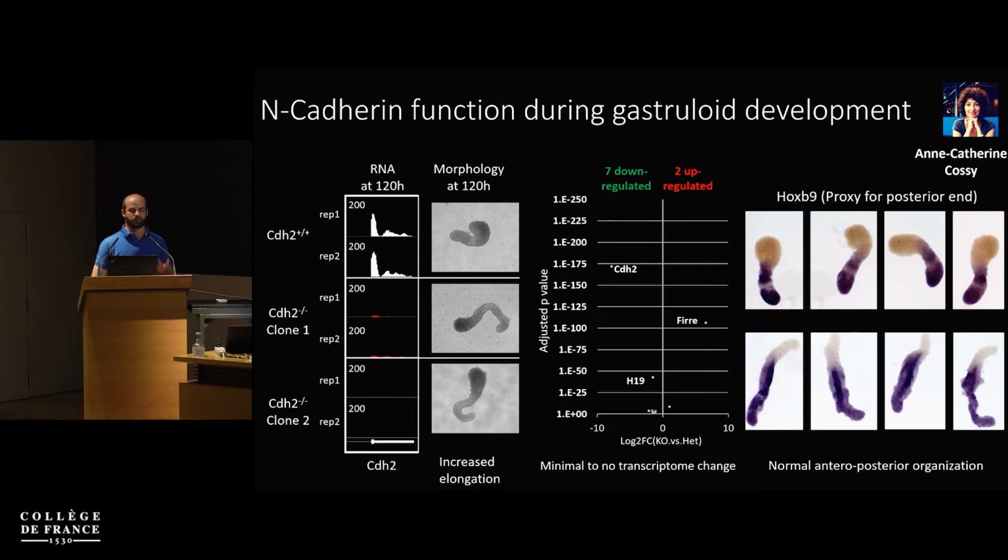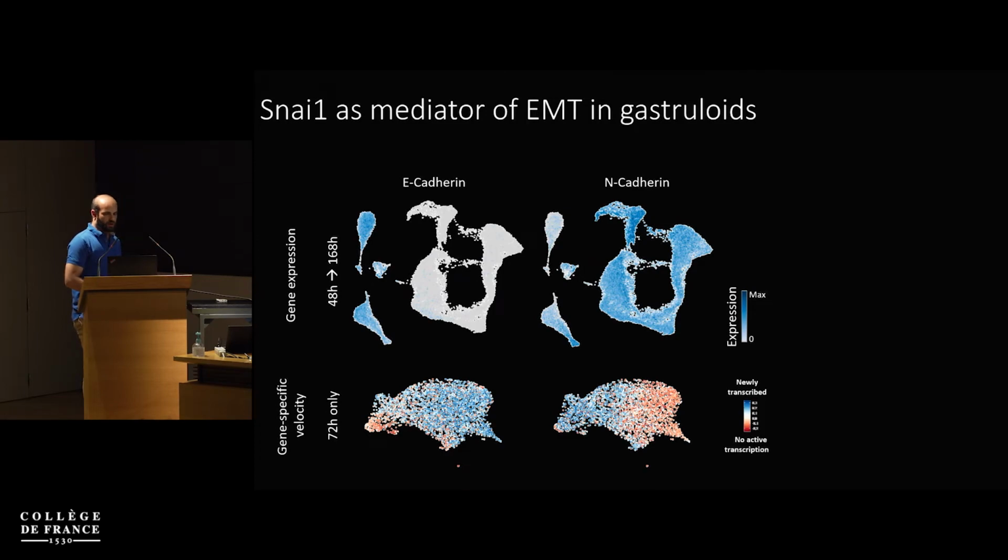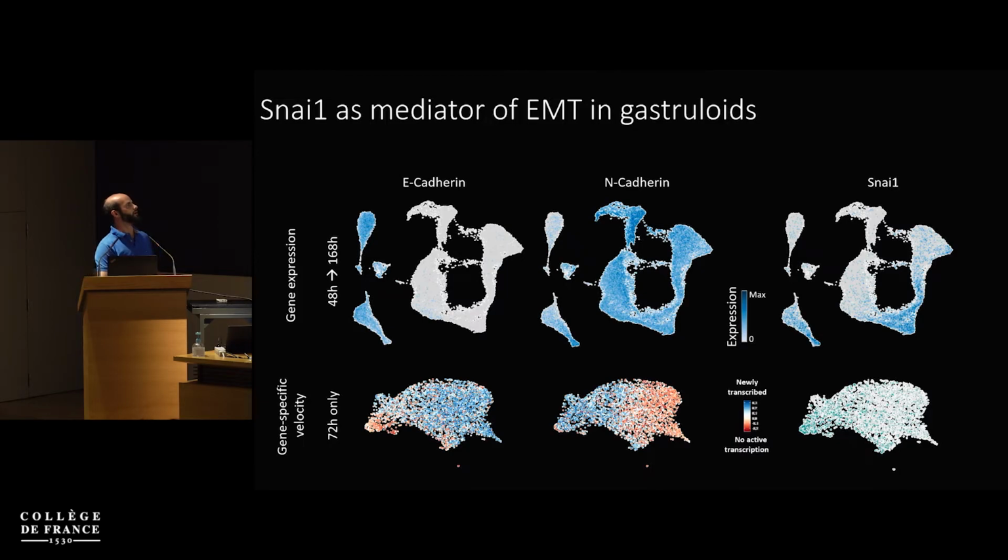So N-cadherin function is dispensable for gastruloid self-organization. And so what we went on to test then is whether the repression of E-cadherin that occurs here is important. One of the main actors of this repression during gastrulation is the action of Snail. As you can see in gastruloids, Snail expressing cells at 72 hours are the same ones that have turned off E-cadherin expression. And so in order to prevent the repression of E-cadherin, the approach we took was indirect.